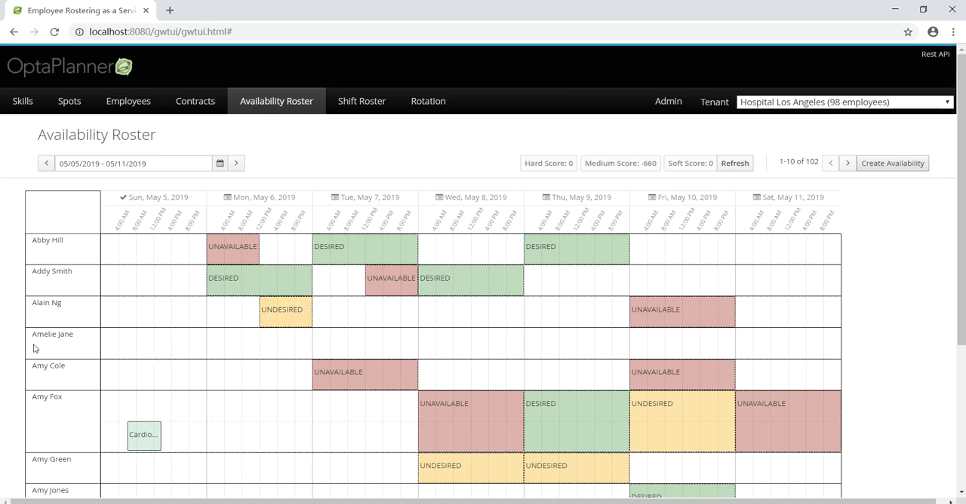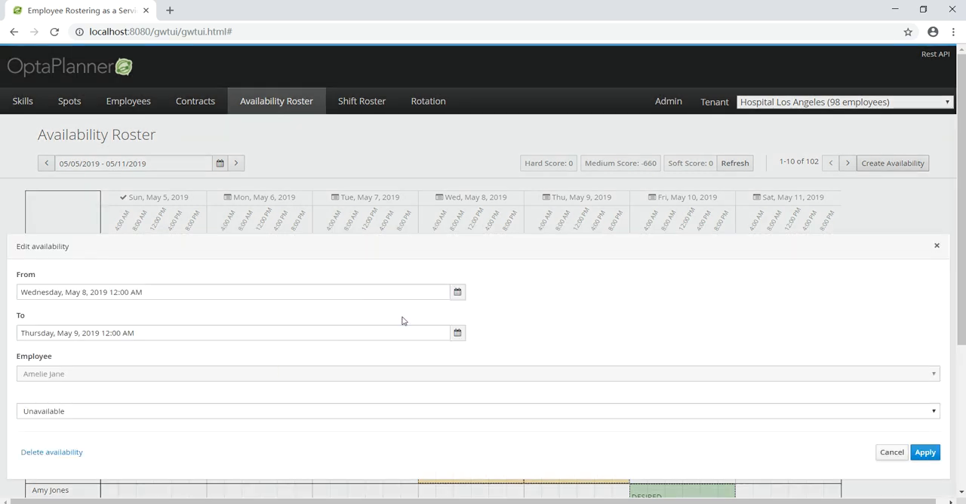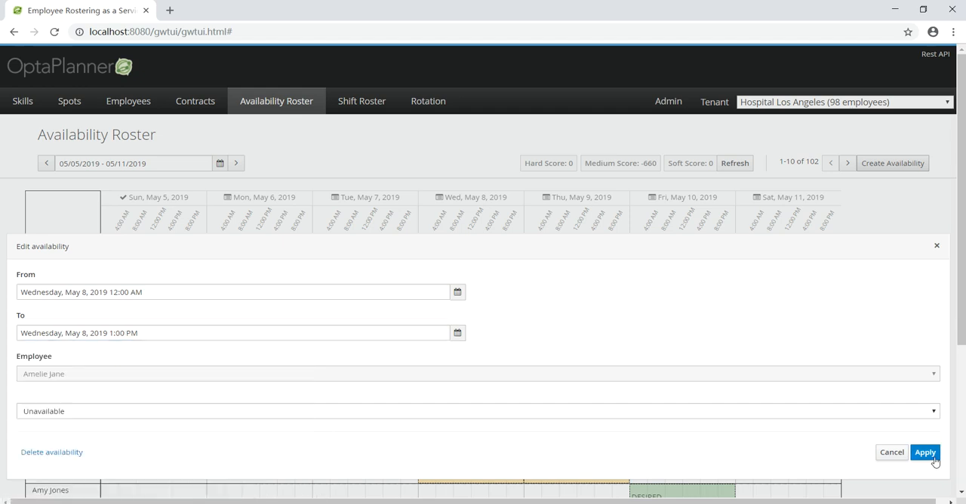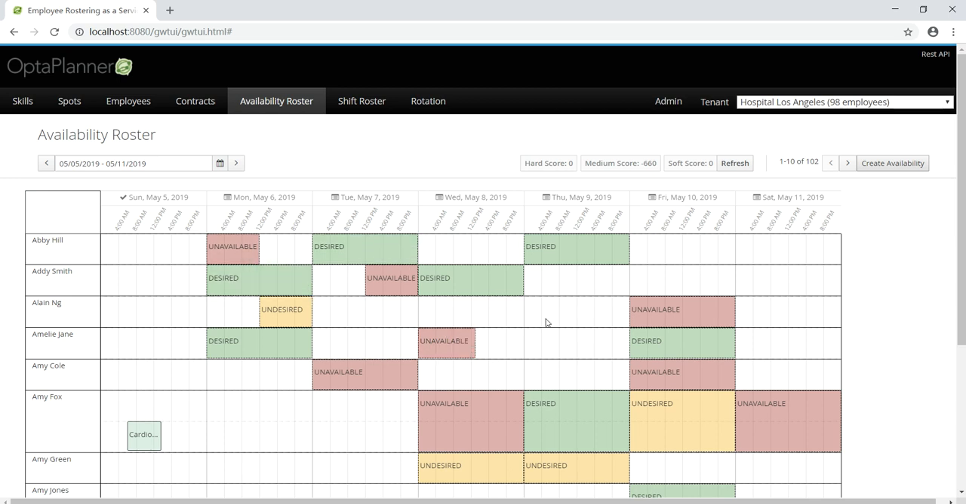Okay, so for Emilia, let's say Emilia just wants to work on Friday and Monday, but for Wednesday morning, Emilia has some appointment and she doesn't want to work on Wednesday morning. Let's say 1 o'clock. Okay, done. So these are their preferences, or we can say day on, day off, shift on, shift off